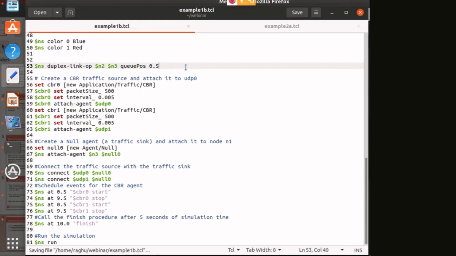And even if you work on NS2 for a long time, you will not even see the network animator file. It is of no use. It is just to check whether your scenario is okay or not. Once your scenario is okay, then you will know